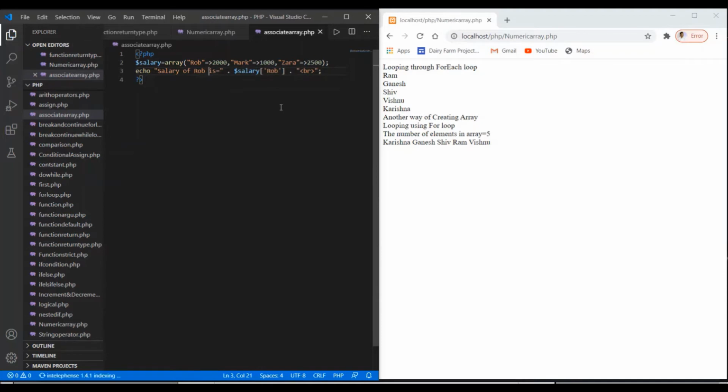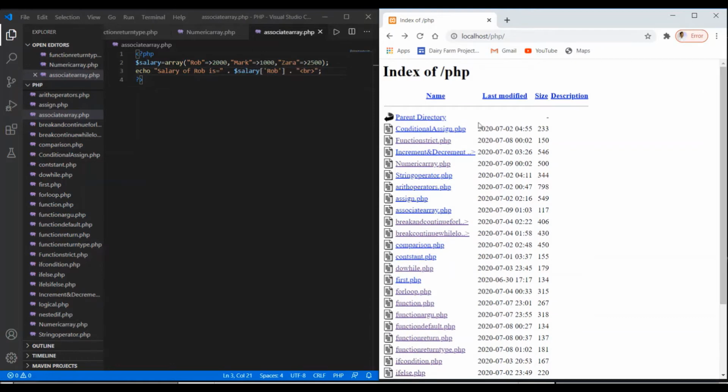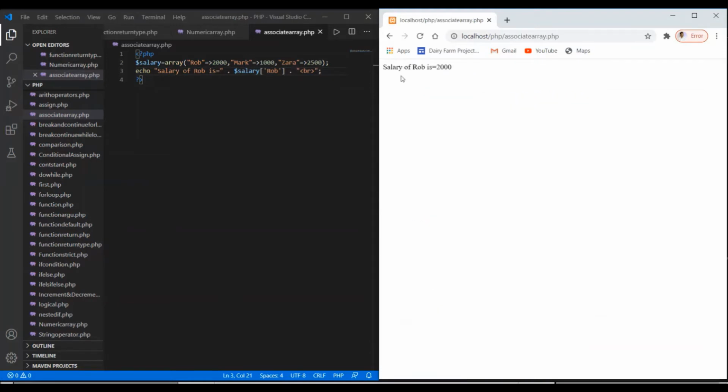So save your changes here and go back to the PHP folder. Here we go, refresh this, and here we find the name of the array file that we have given, associate array. Just click on this file and we got the output here. The salary of Rob is equal to 2000.